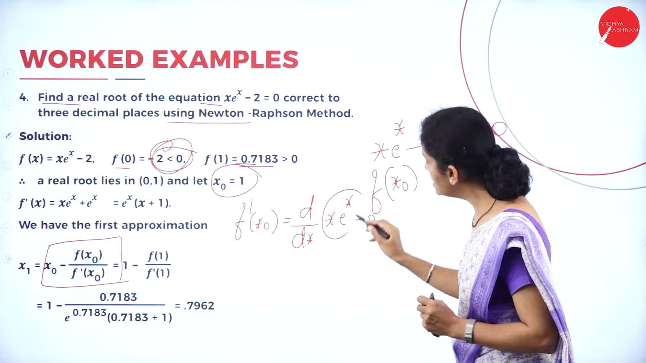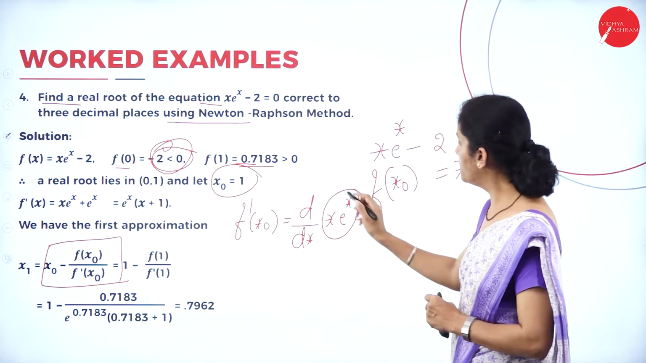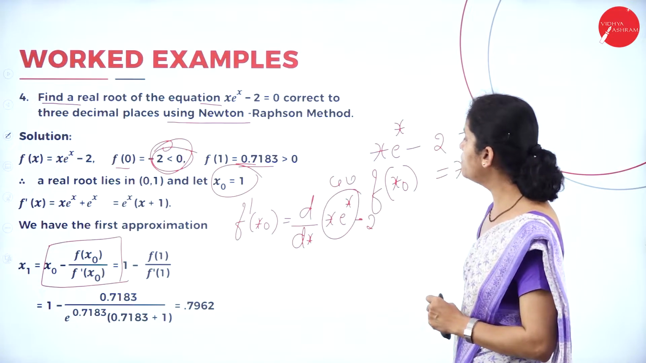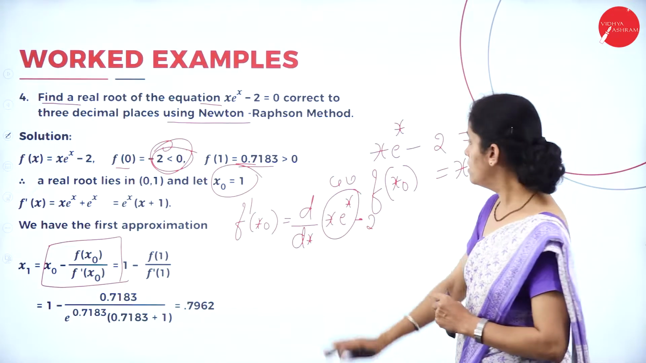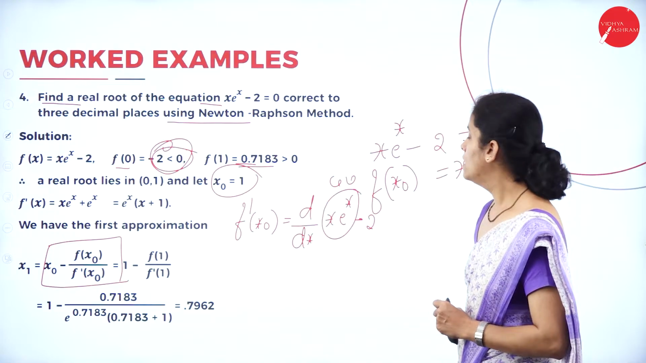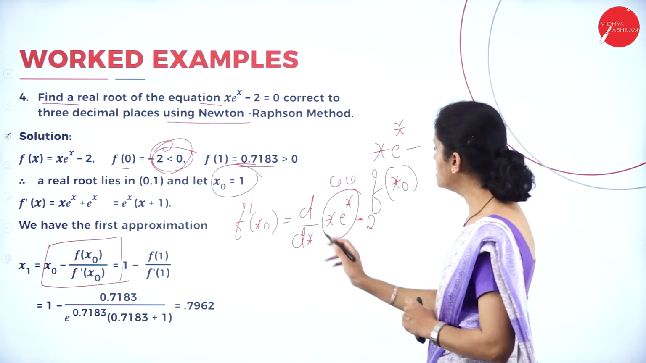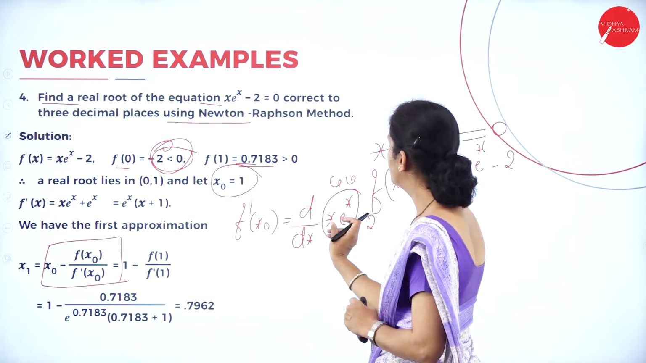Now, if I consider this one, that's in the form of u and v. So, it is in the form of u and v. So, what am I going to do? First, I'm going to differentiate v, and then I'm going to differentiate x. So, first, if I differentiate